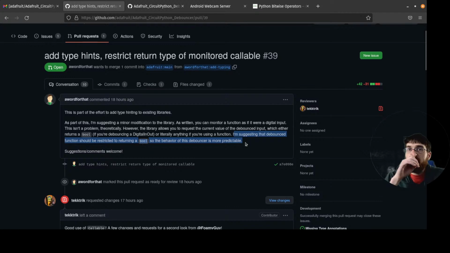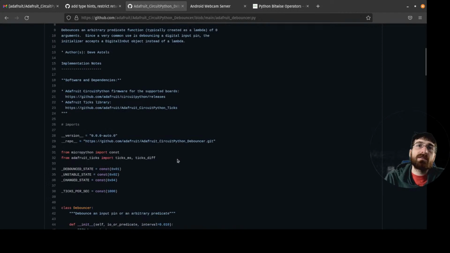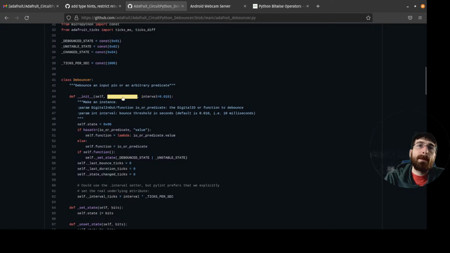I mean, I guess we should document it. Probably. What does it say in the docs? Will IO our function to debounce?